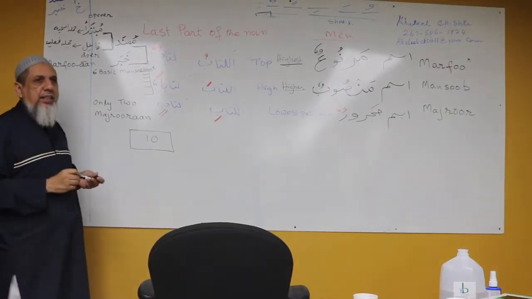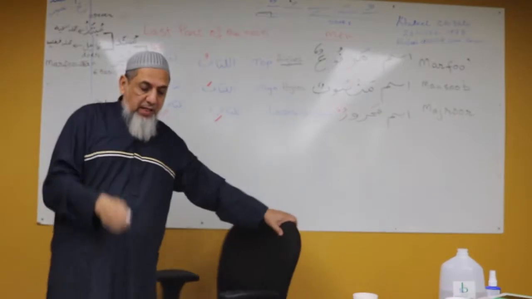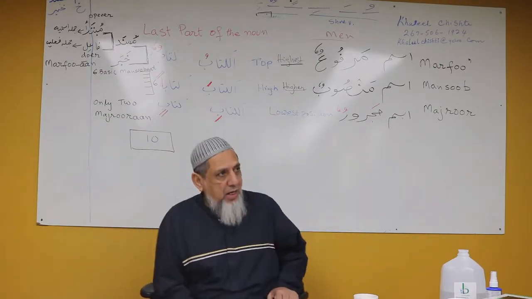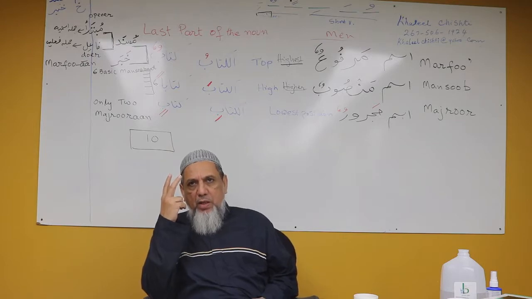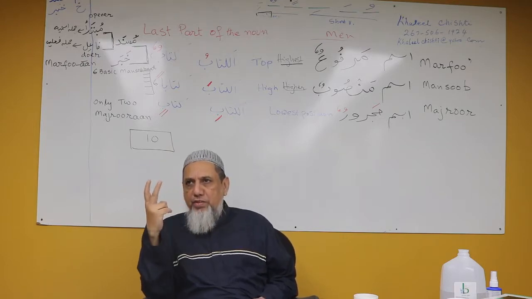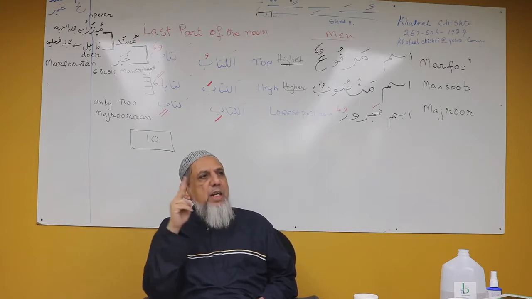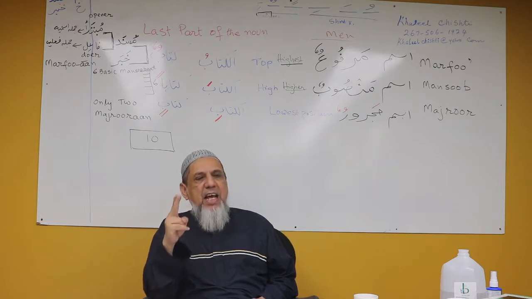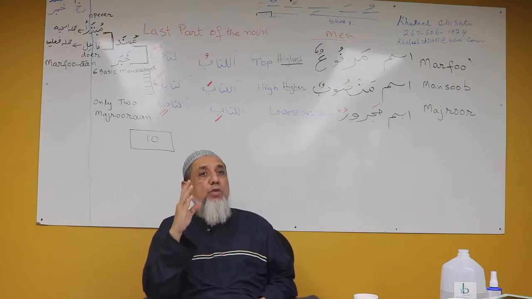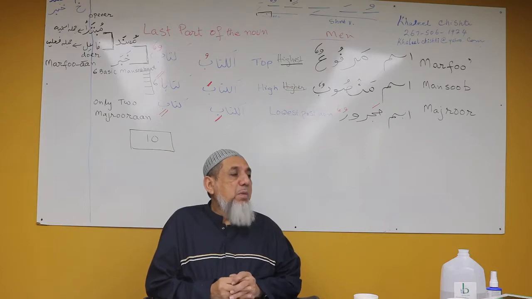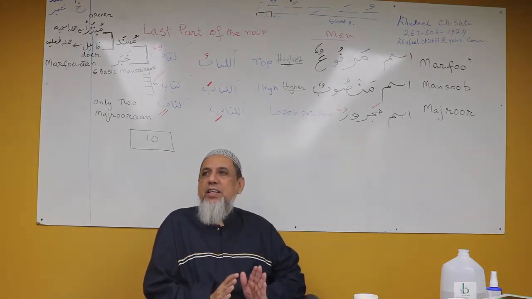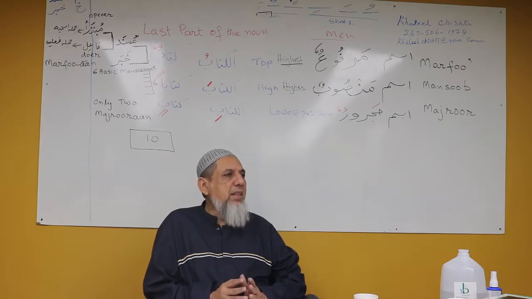10 things. They are called marfu'at al-ashara. There are 2 situations in which the noun is placed as marfu'. There are 6 positions in which the noun comes as mansoob, and there are 2 positions in which the noun comes as majroor. So all together 10. So they are called mu'arabat al-asliya, 10 fundamental